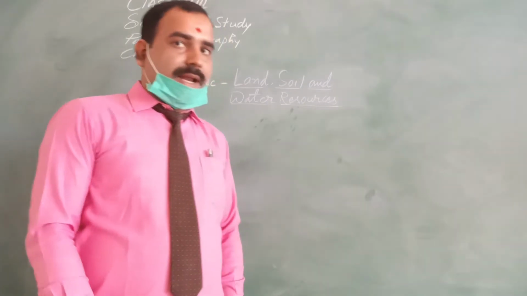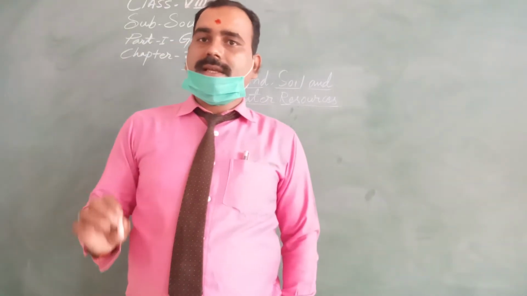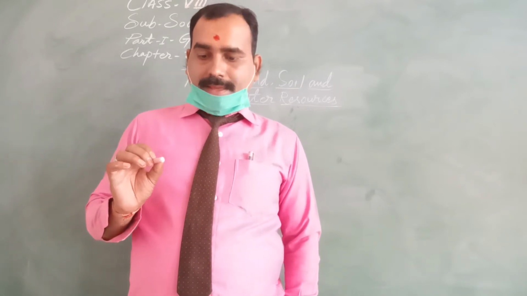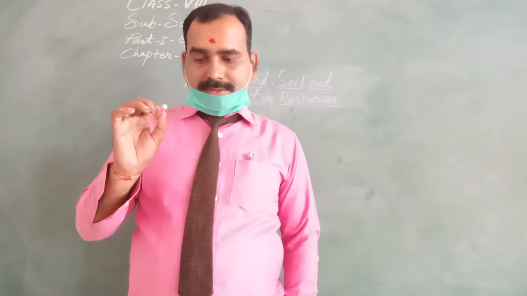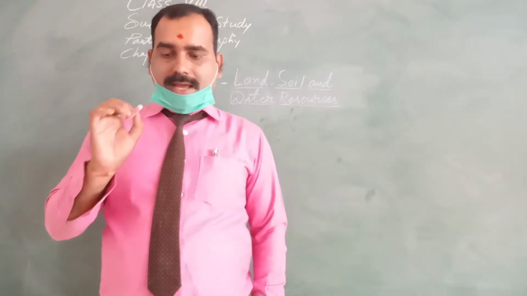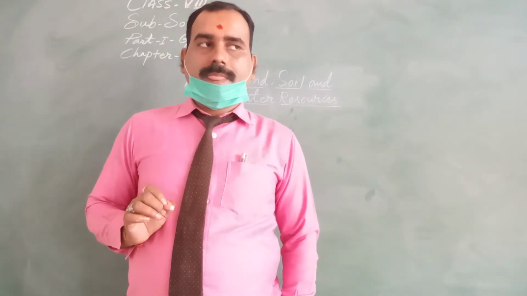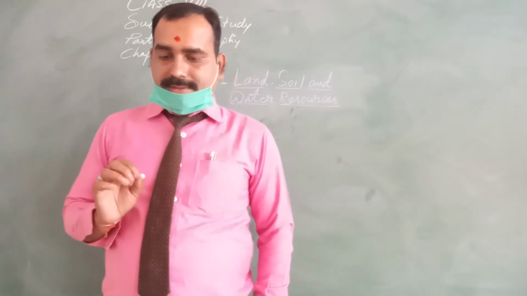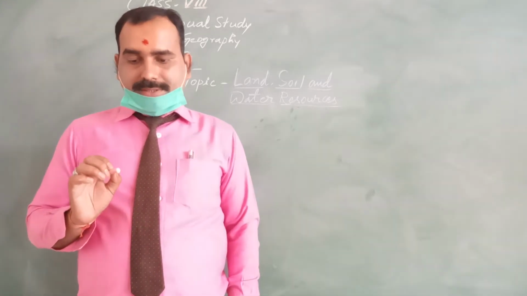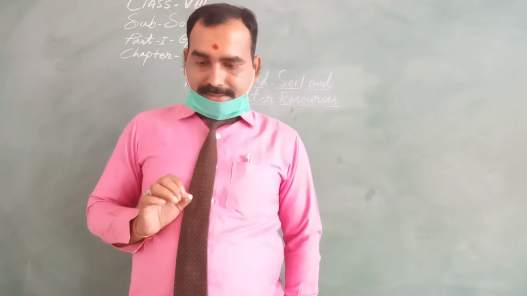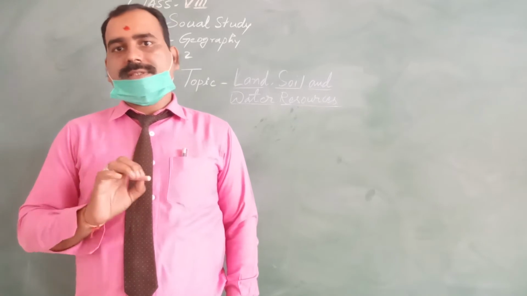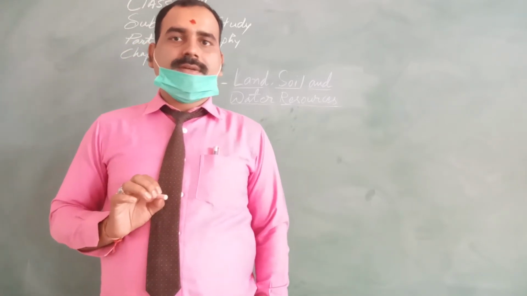We have studied about the land resources. All human beings live on land and use it for agriculture and various other purposes. What percentage of earth is land? I explained to you that it is only about 30% of the total area of the earth's surface. That means only 30% of the total area of the earth's surface is land,